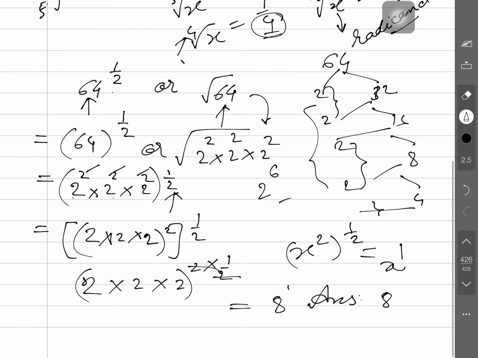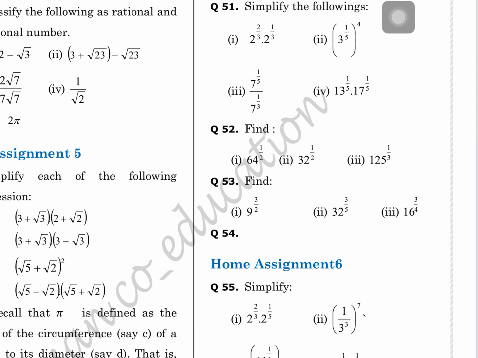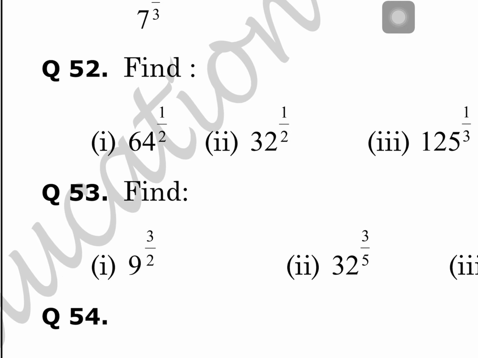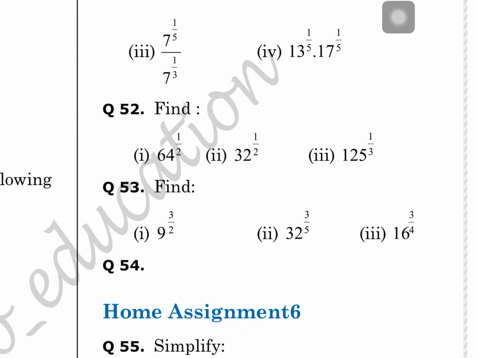How can we use the law of indices? Okay. Some more questions are here. Yes, you may say 32 is also there. So you just have to make the pairing according to the index. For 32, its index is 2. Indices, I am speaking the plural form of that; index is for one. I am just talking to all the class. So the index is 2 for 32, so we will make the pairing of 2, and for 125, its index is 3, so we will make the grouping of 3, 3. Is that clear?